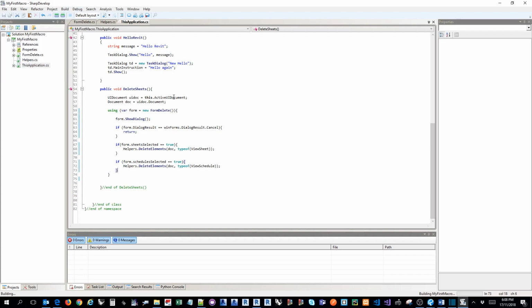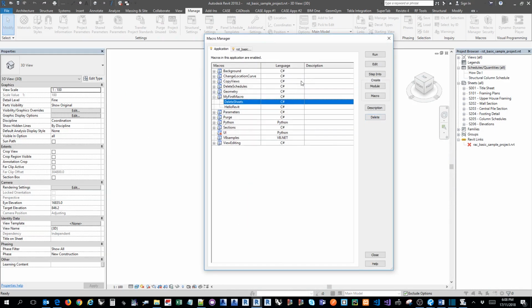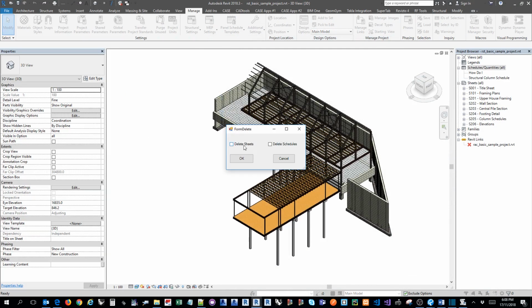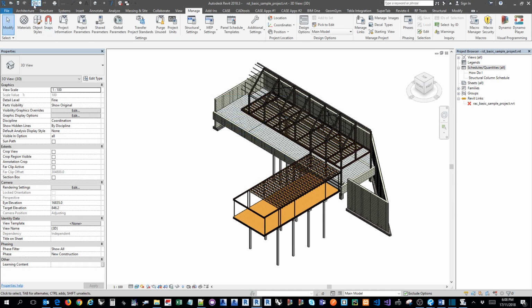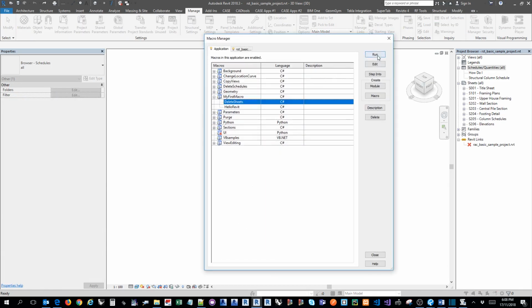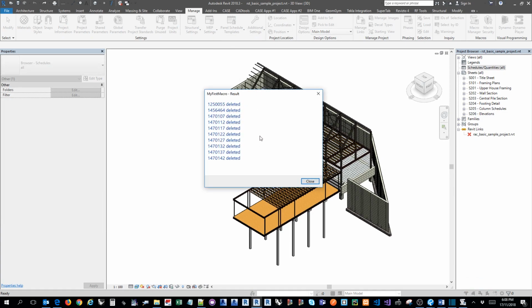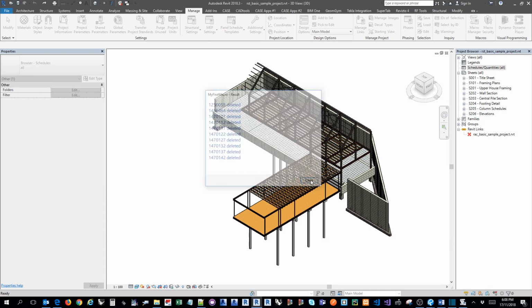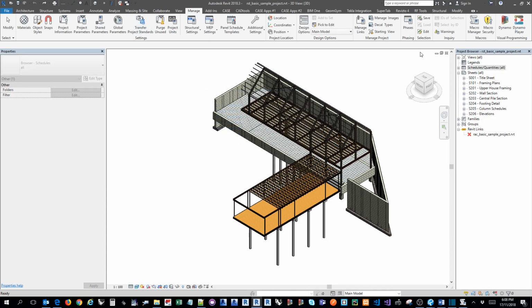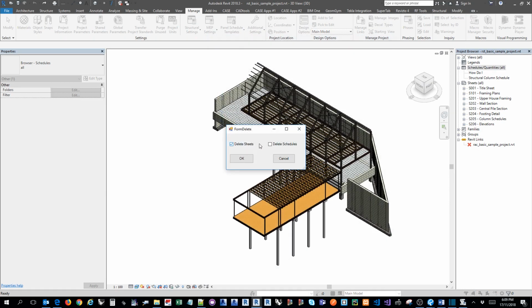Let's build this code and let's see if it works. So let's delete sheets first, and these are deleted. Let's go back. Let's delete the schedules, and as we have seen, the revision schedules have been deleted. Let's go back, and if we select both and press OK,